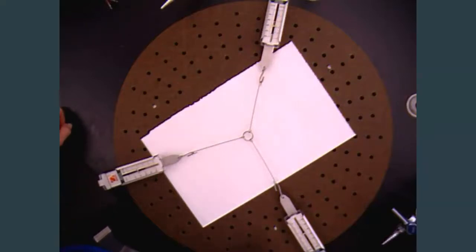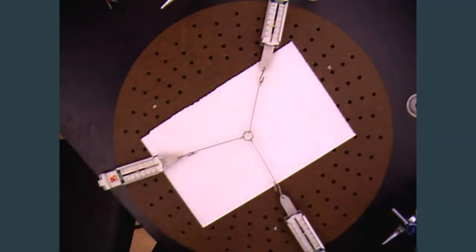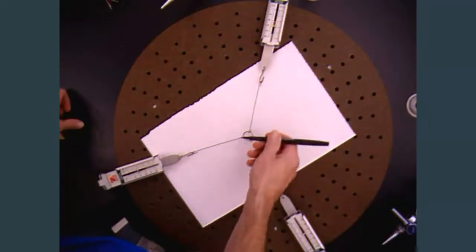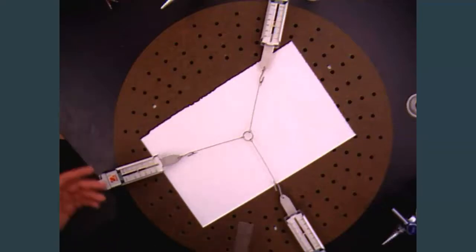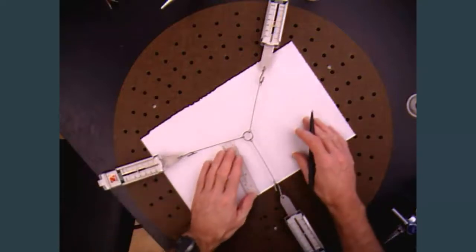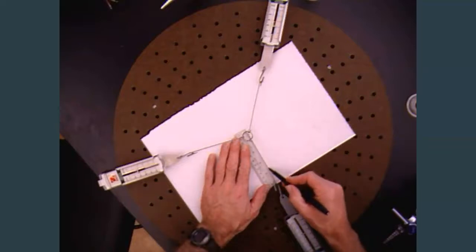Now they're labeled A, B, and C. And what we want to do, before we record any of these, is make marks and figure out where these 3 vectors are. All the vectors are pointing in different directions from the same point. So in order to get these as precise as possible, I'm going to put the ruler right along that metal line,